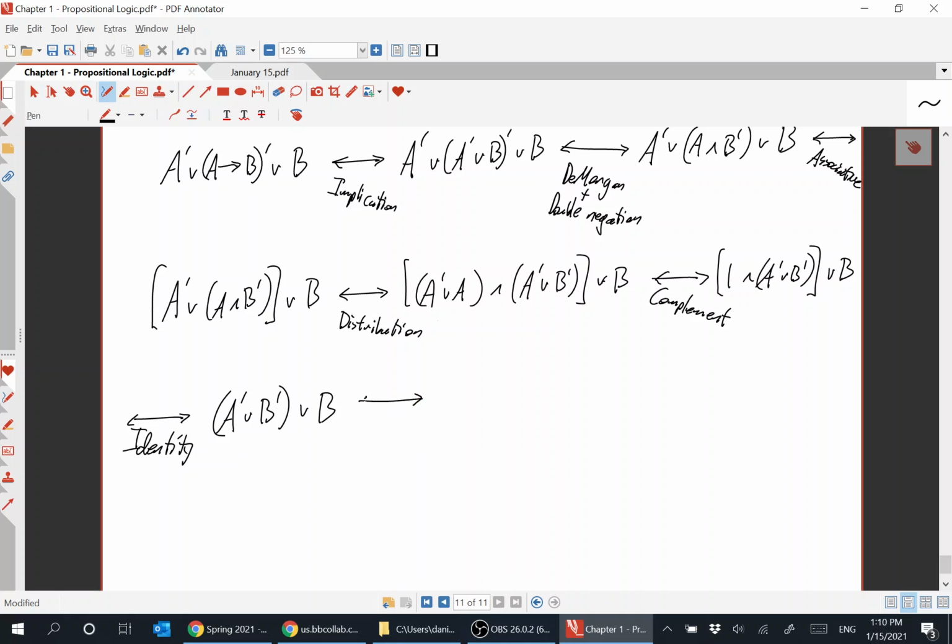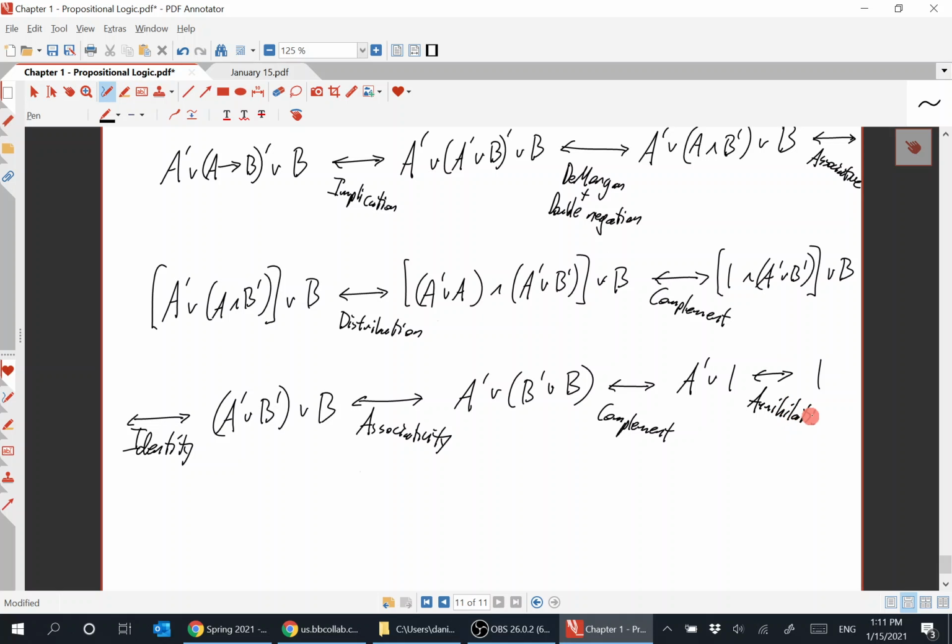And then I'm going to use associativity again. A naught or B naught or B. I'm going to write that as A naught or B naught or B. And then B naught or B, again, is 1. And then annihilation, A naught or 1 is 1. Okay, so